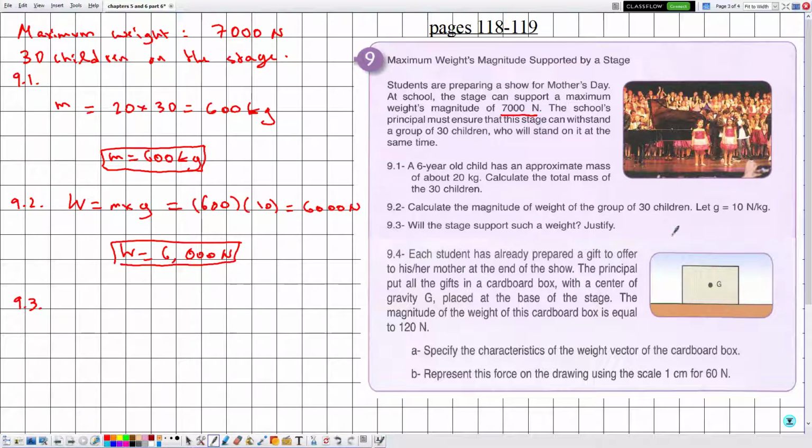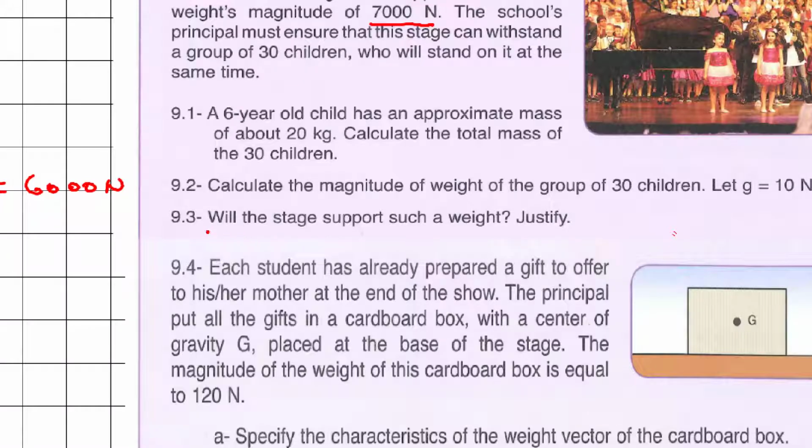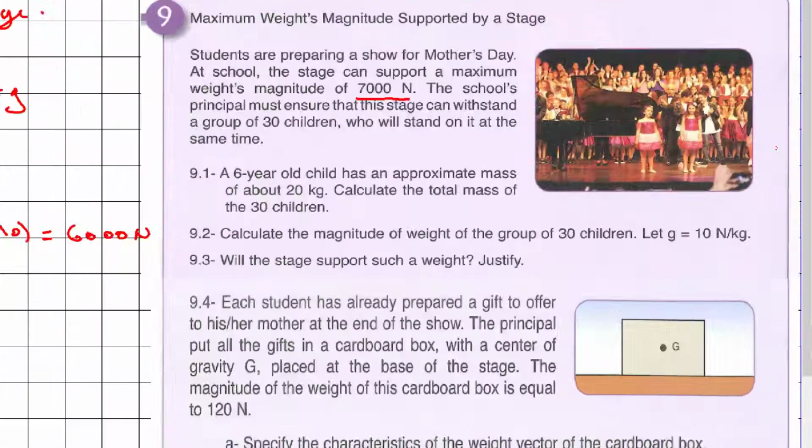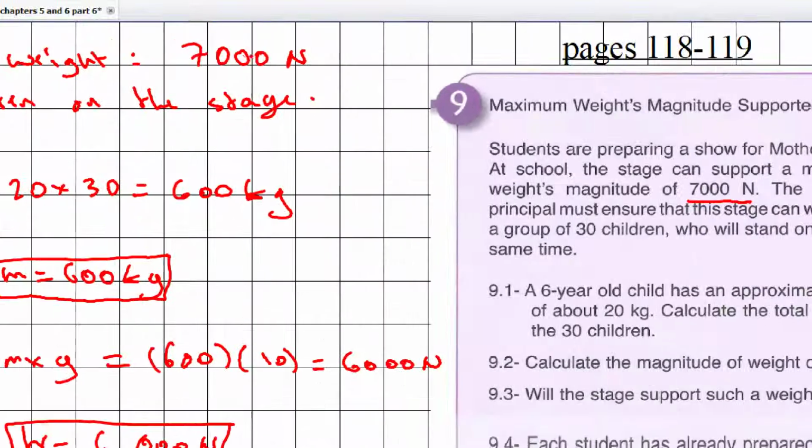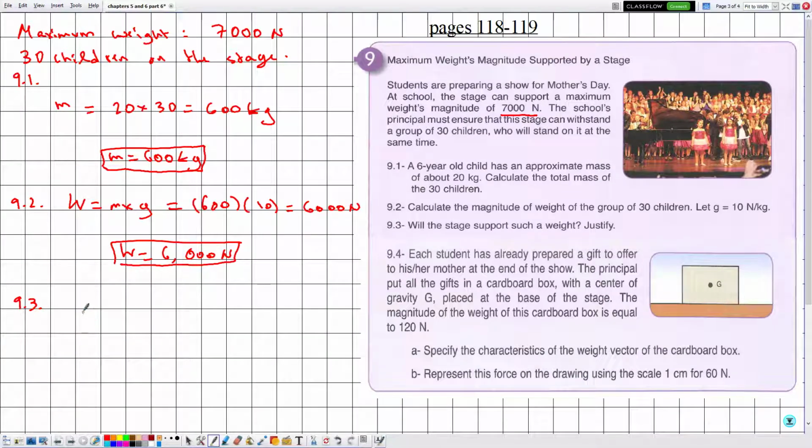Now in 9.3, they are asking us, will the stage support such a weight? Justify. So whether the stage will support such a weight, we need to compare the weight of these children to the maximum weight that the stage can support, knowing that the stage can support a maximum weight of 7,000. So let me say, since W is equal to 6,000 newtons, which is less than 7,000 newtons,